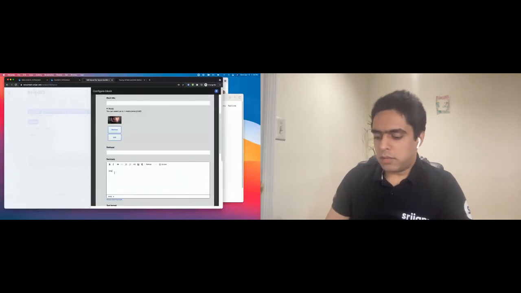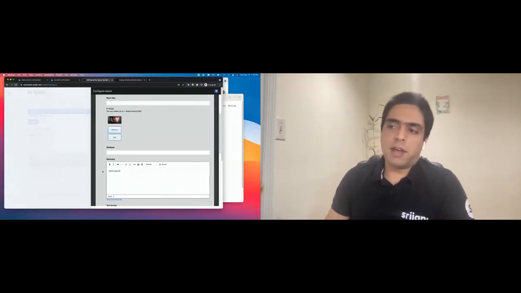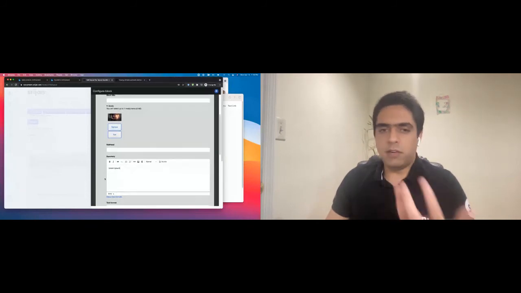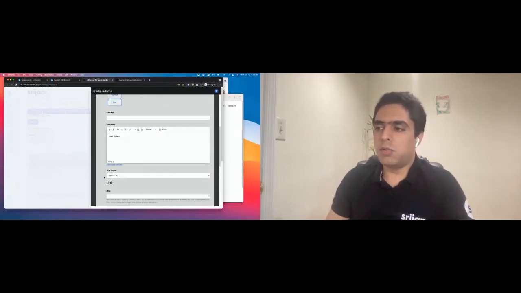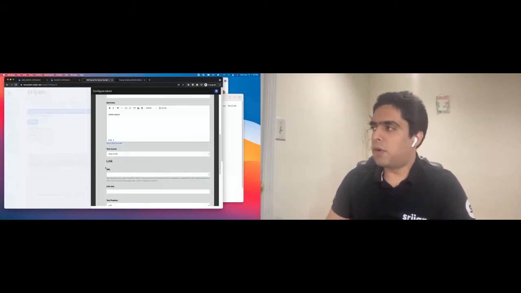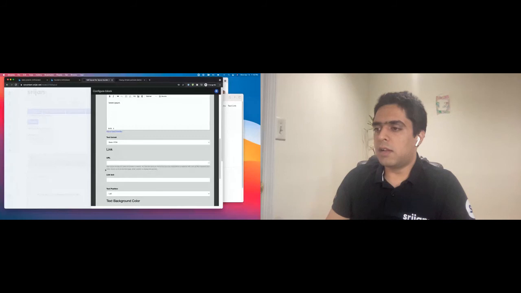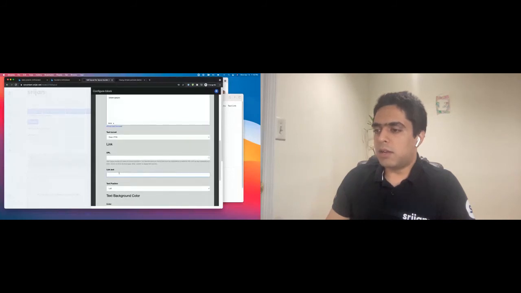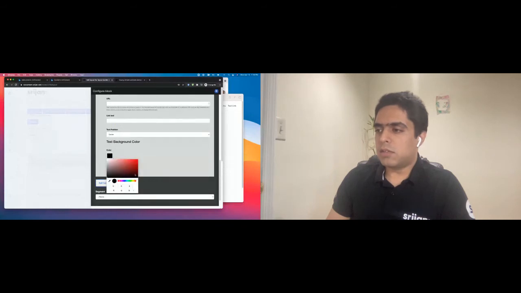So on this component, this is a good example of what kind of features you can add in Drupal, right? Drupal gives you the flexibility to create custom blocks, custom paragraph types. So you can see this particular component has a few different configurations. I can add some text. I can change the position of the text, left, right, center. I can change the color of the banner that goes behind the text. I can change the opacity.